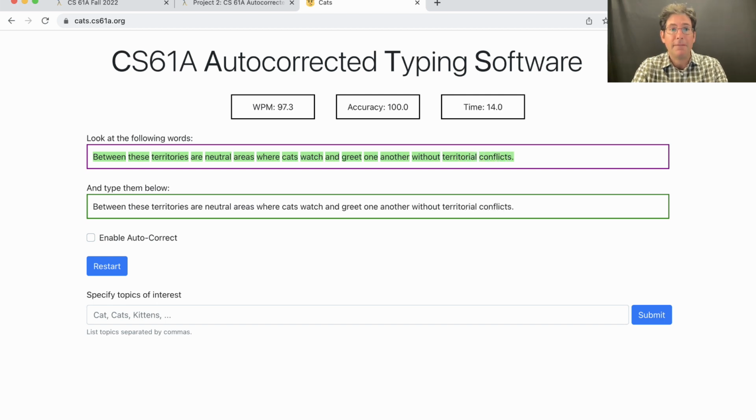Phew, 97.3 words per minute. That's pretty fast for me. You can pick a topic, and there's even some autocorrection features and a multiplayer mode that you'll discover as you